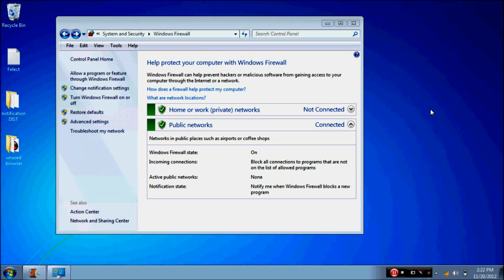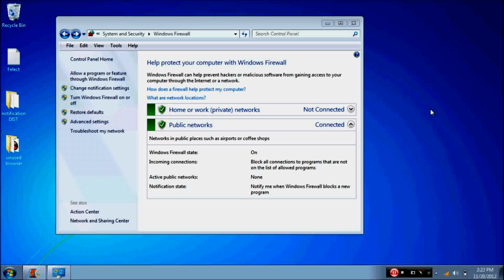A firewall is a part of a computer system or network that is designed to block unauthorized access while permitting authorized communications. Windows 7 has a built-in firewall that provides security by limiting or preventing access to your computer from the Internet. Sometimes, software firewalls, like the one included in Windows 7, conflict with the built-in hardware firewall of the Linksys router. In such cases, you have to disable the built-in firewalls for Windows 7.